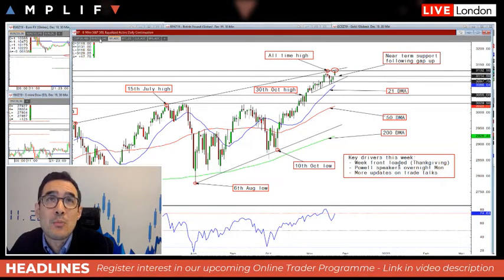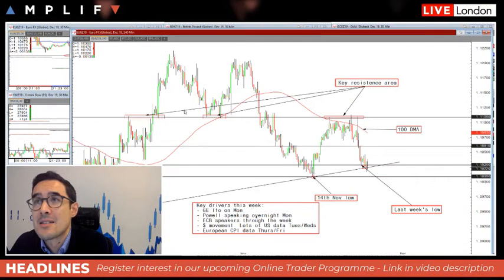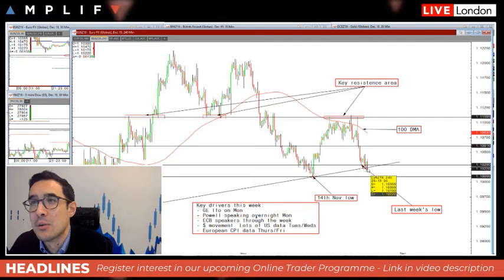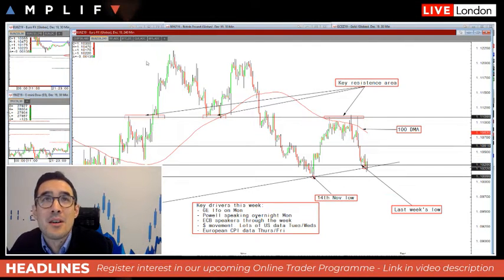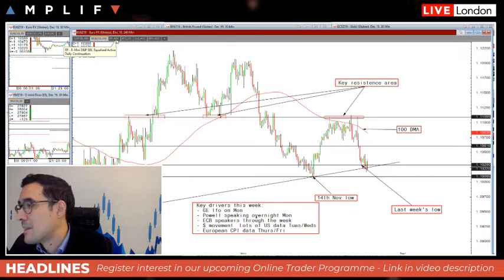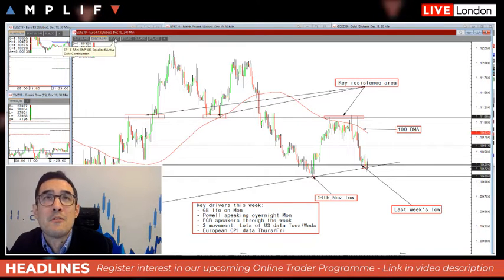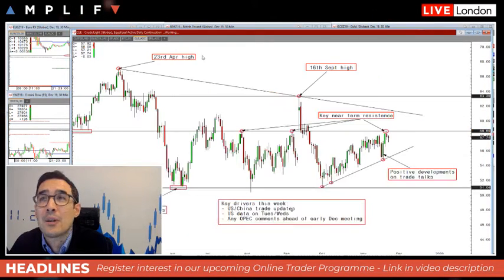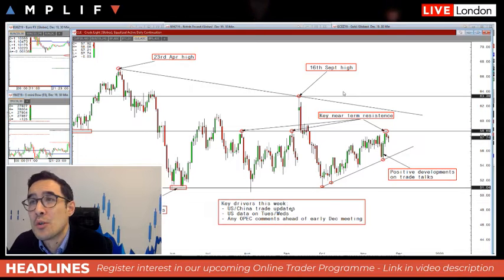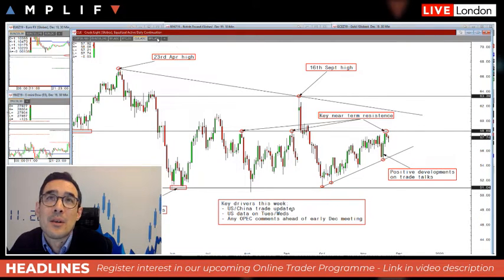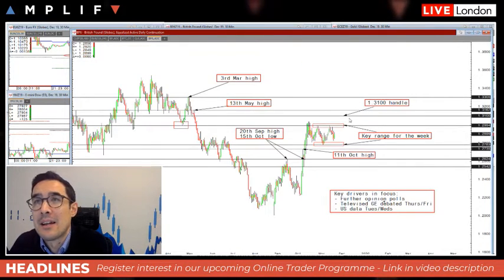So as I said, we look at multi-asset. So here's the euro, and again just looking at a trend line back from really the first touch and then last week's low of November. A bit of downside pressure today amid some of the currency movements that we've had. If we're looking at crude, again, I won't go into these in more detail yet.